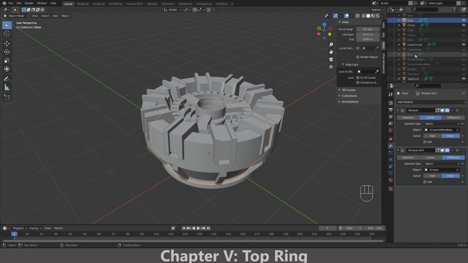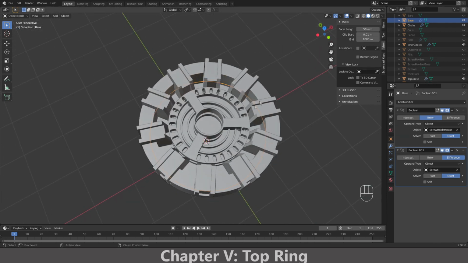Now I make screws invisible, and then we should have,